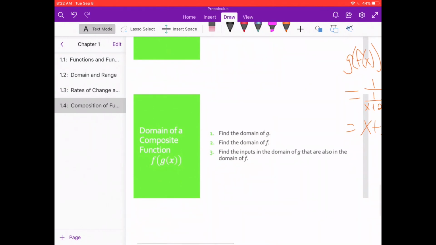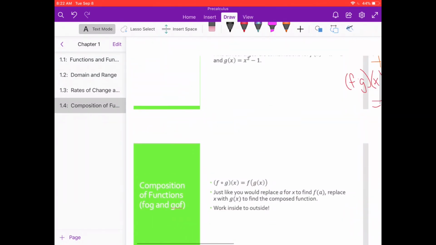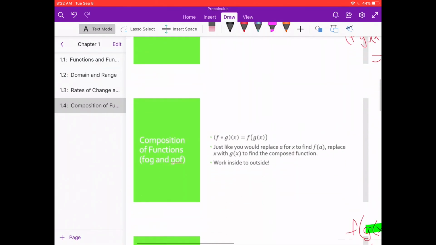So finding the domain of a composite function on the homework, I'm not so worried about this. You can forget about the domain part. We'll talk about that another time. So just worry about the algebraic combinations and